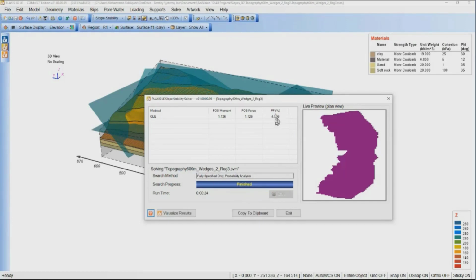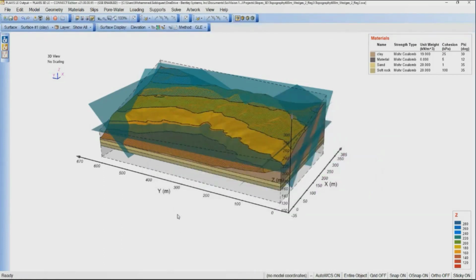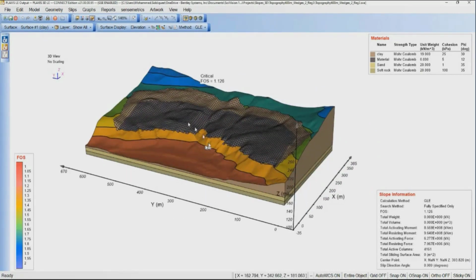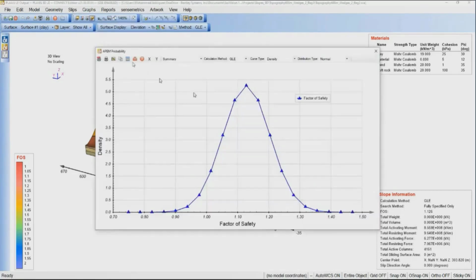You can see that pretty much the same value of probability of failure. So we can go to the results, and we can go to the APM results, and similarly you can see these density plots, and the most important thing here,